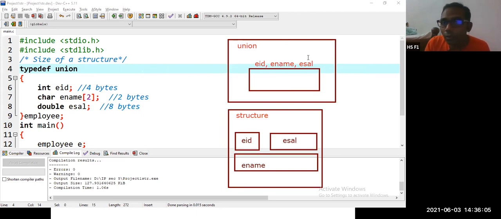I'll show one example of union. Union is used when there is limited memory. If you are designing a handheld device, once upon a time we used to have small pager phones, calculators, etc. Now we have mobile phones with enormous memory. Now memory is not an issue, but once upon a time it was. For example, smartwatches also have limited memory. In that case, instead of a structure, you can go with a union, where the maximum size will be allocated.